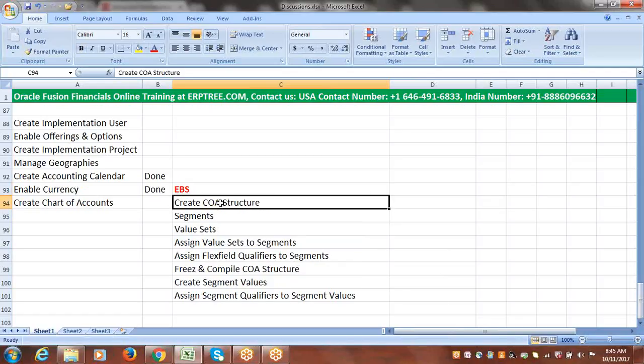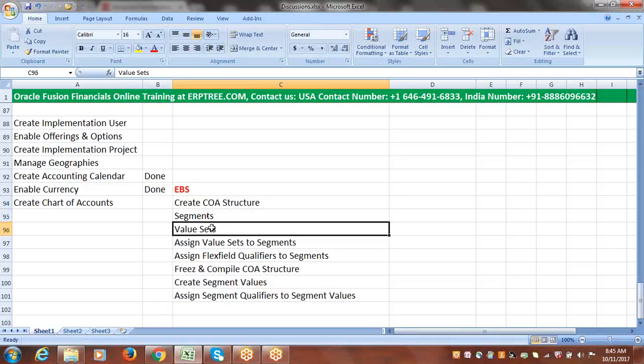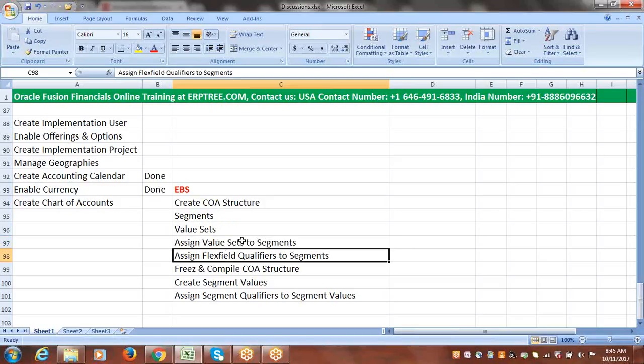So within the EBS, by using the accounting key flex field, we'll create the chart of account structure. Within that we'll create the segments. Then we'll create the value sets. Those value sets will be assigned to segments, and then for each segment, how do you want to qualify that segment? Based on that, we'll be assigning the qualifiers, and then we'll freeze and compile the chart of